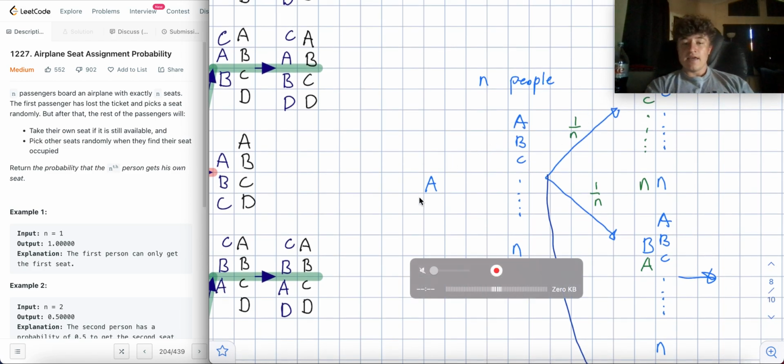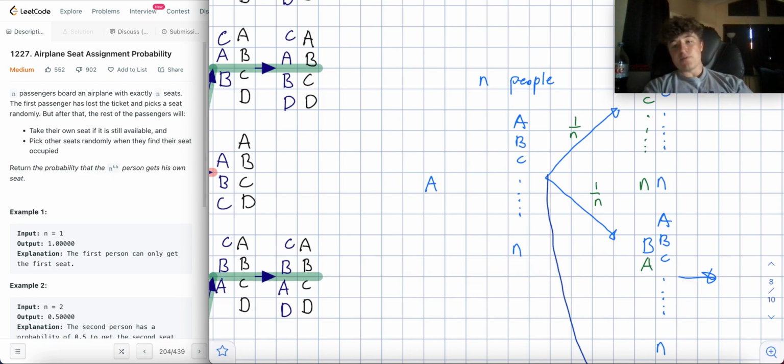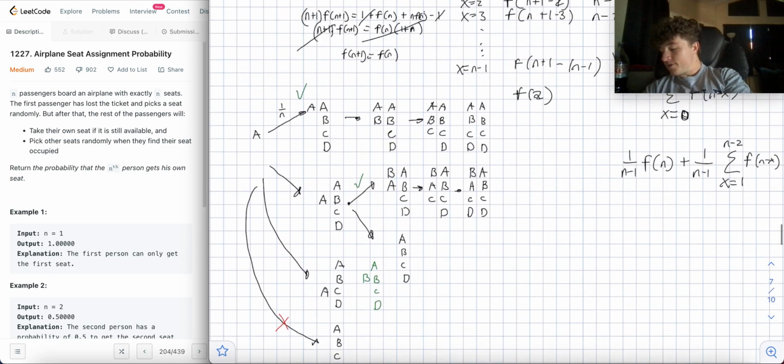If A takes its own seat at random, then it's easy, it's gravy. But if A takes another seat, it depends on what seat it takes, and that's going to affect the relationship. If it takes seat B, then seat B is going to have to do a random operation. If it takes seat C, then B won't have to do a random operation, but then C will. So then you just start getting these crazy spirals, and I don't know if I still have it drawn, but